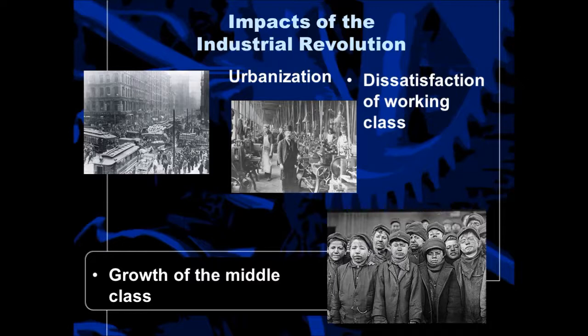More impacts of the Industrial Revolution on a wide scale and a small scale. We have urbanization, which we just talked about. You're going to have this dissatisfaction very quickly of the working class people with their working conditions, because you have this giant number of people standing in line for a job, and you can mistreat them all you want. There's going to be 10 more people there to take their place. So on the good side of it, you do have an increased standard of living for many, like running water inside their building, that kind of thing. But not for all. Some people, just to have that running water made them feel like they were living in a palace. But not for all people.